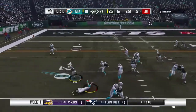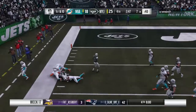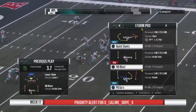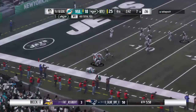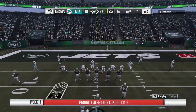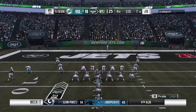Here's Hines, and brought down, but not before they get it inside the 10 to the 7. 15 more there, and they're on a roll. It's another first down. He's still rumbling, isn't he? Still looking fresh in this one despite the heavy workload. But you and I both know, well-conditioned, and he did tell us that he thrives on being at his peak